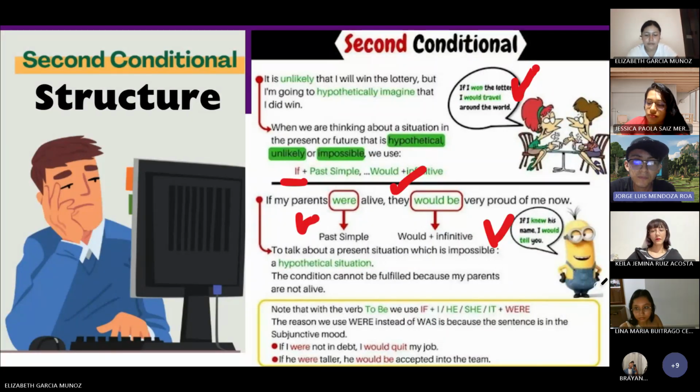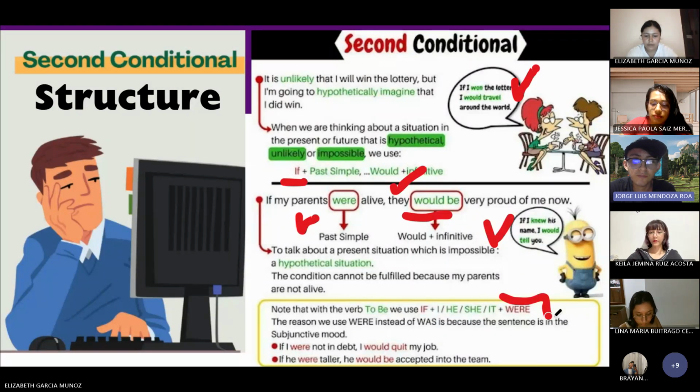Then we have the modal verb. If you don't know what a modal verb is, it could be could, would, might, may. There are different ones. We use these modal verbs when we want to express a wish, ability or possibility. In this case, we are using would, the most common modal verb in the second conditional tense. Then we use the verb that we want to express, in this case be, in the infinitive. And finally, we use the complement.